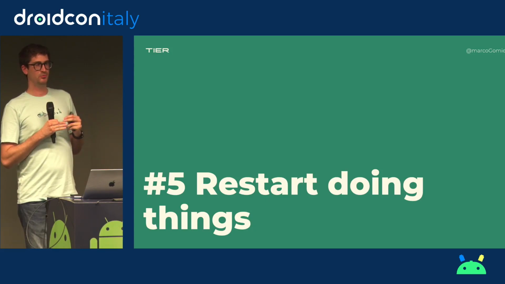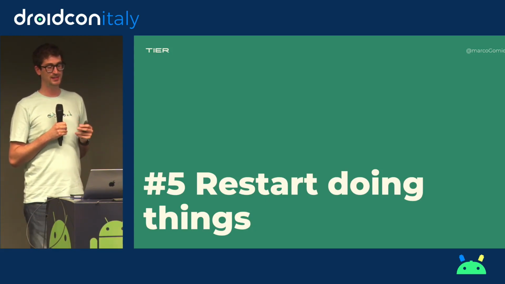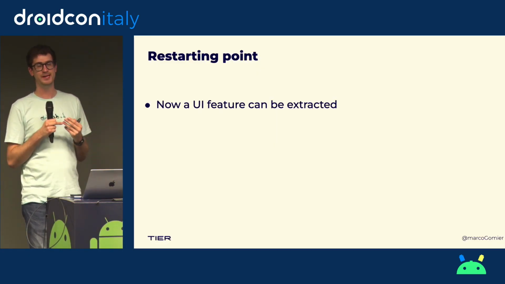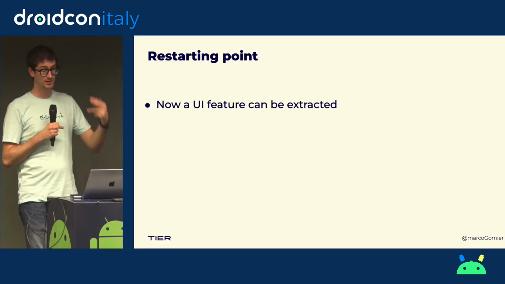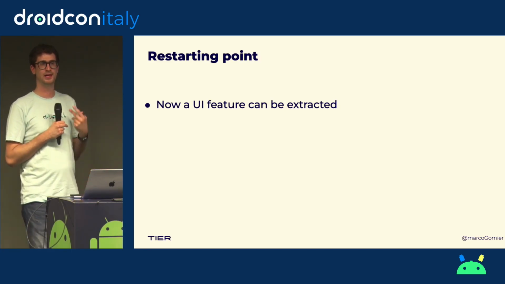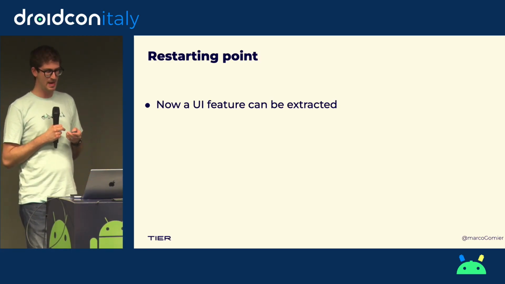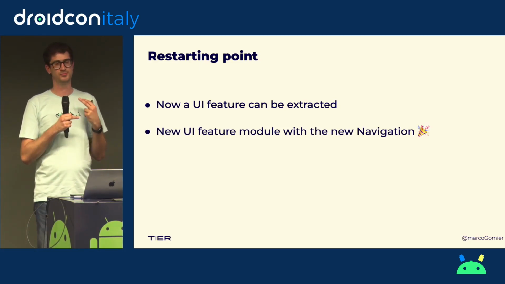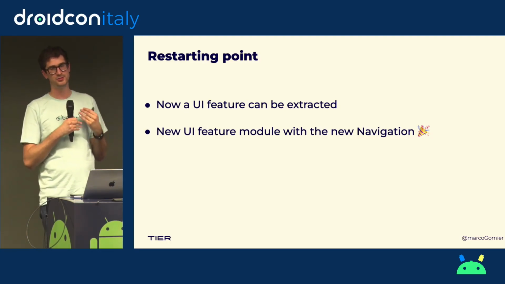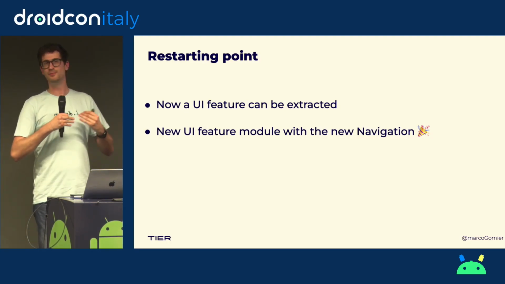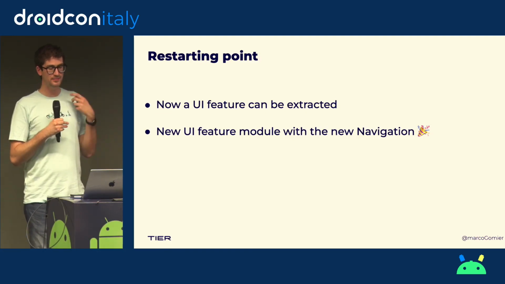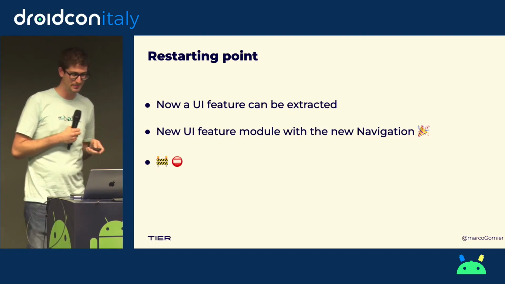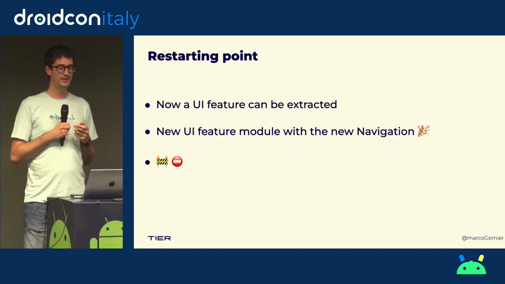Okay, so that was enough to restart doing things. So basically now we can finally, with the new navigation place, just resume building a UI feature. We started with a small feature, because we needed to validate navigation, so we didn't want to import a big thing. And it was successful, but after that, another blocker, because we quickly realized that we